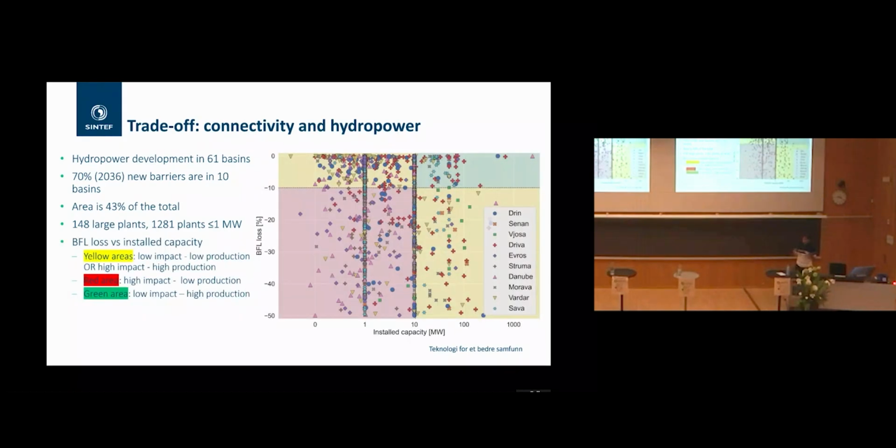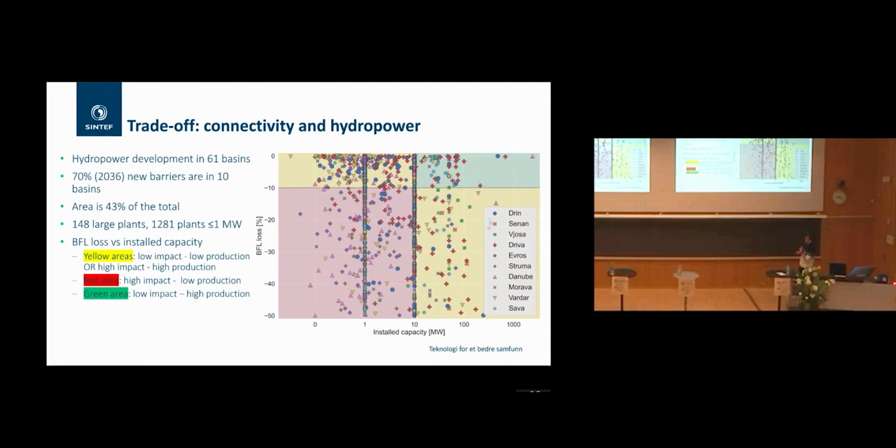So then it's possible to summarize in a space like this. Again, we have the loss of connectivity versus the installed capacity, but it is not cumulated, it is barrier by barrier. The x-axis is logarithmic. That's why you have some negative values there. So here we divide it into 3 different areas. There's the yellow area, which means low impact,